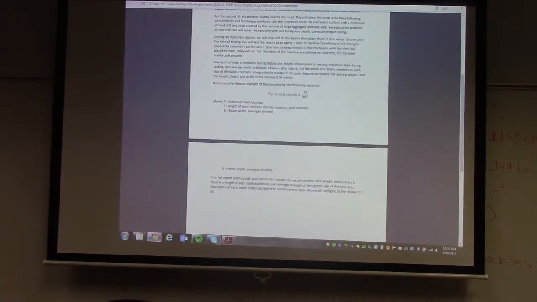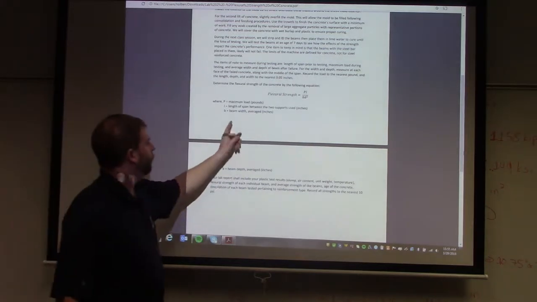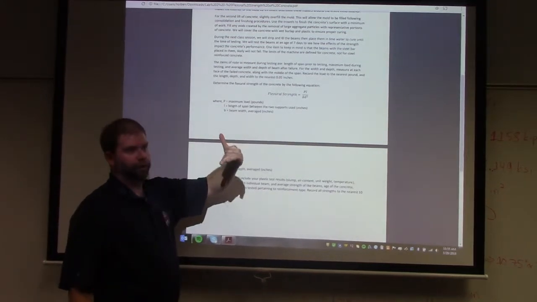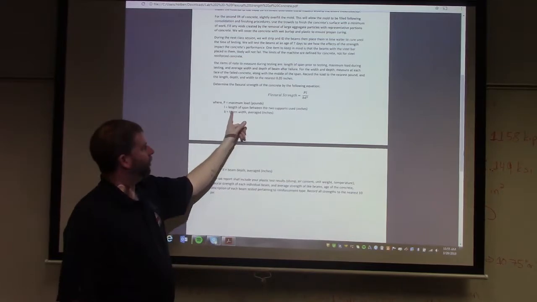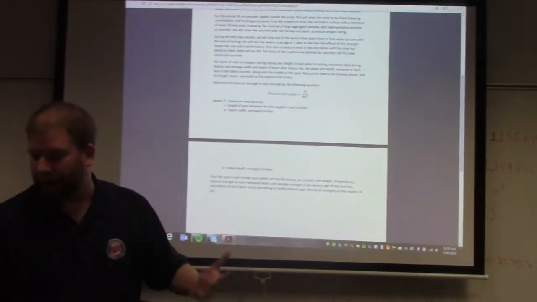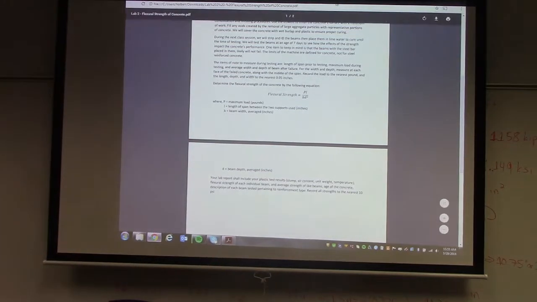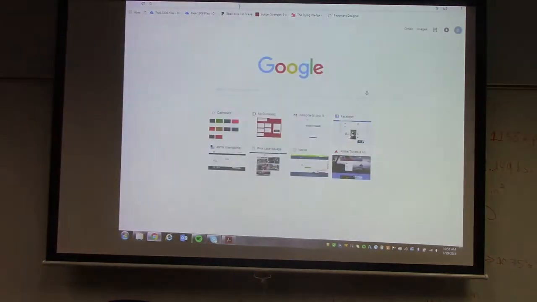At 7 days, we will test. So the things that we will have to measure, what we will have to determine before we test, is the length of the span between the 2 supports used. I don't have the apparatus yet. It's not going to get here until probably Monday. But we can take a peek here at